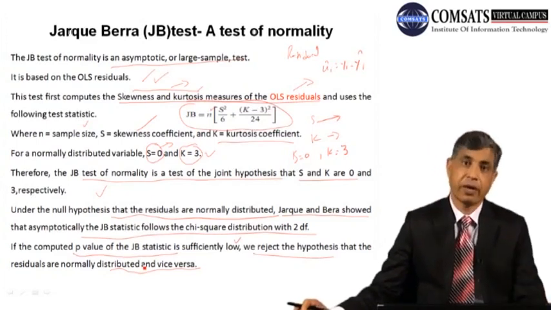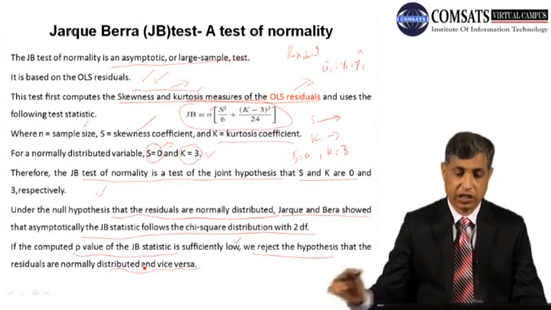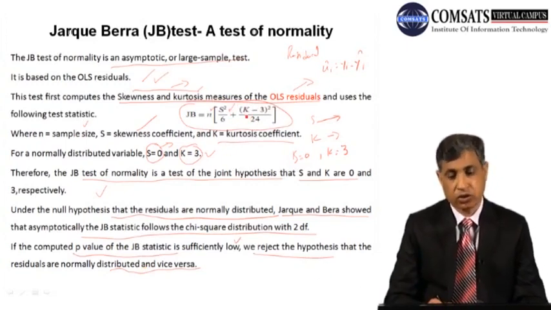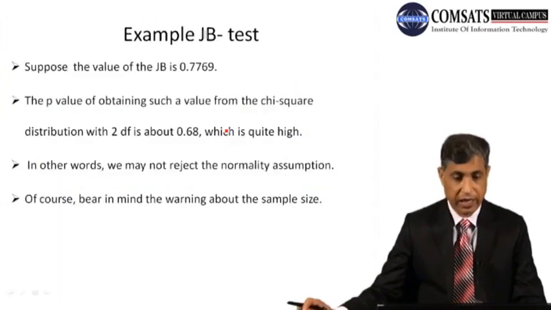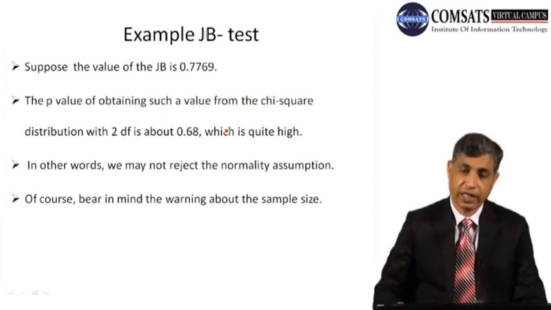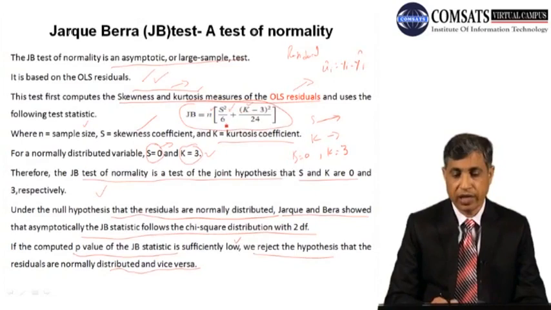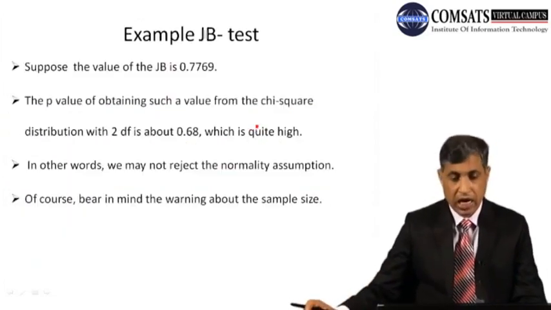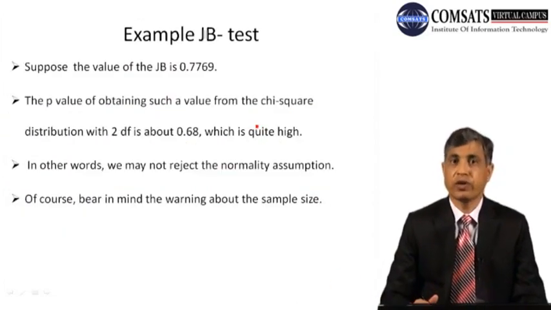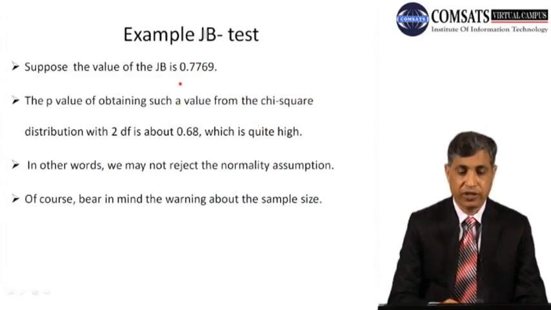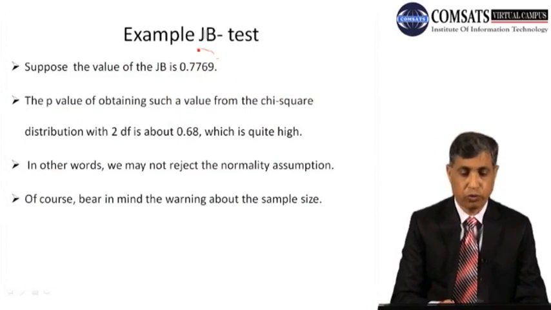So this was some of the mechanism of the Jarque-Bera test. Everything will be available as a square. This is the kurtosis, and these values will be available. Rather than working through many of the values, taking the S value and K value, I have just jumped directly towards the result. Suppose that the value of Jarque-Bera is